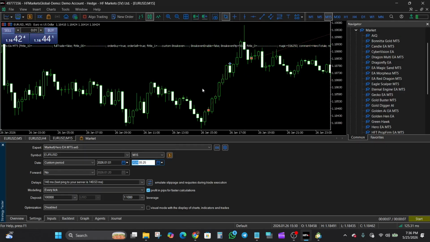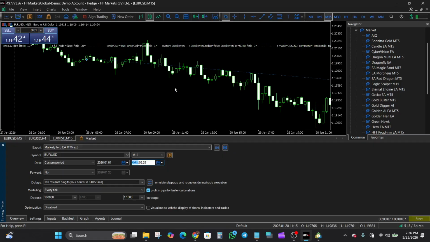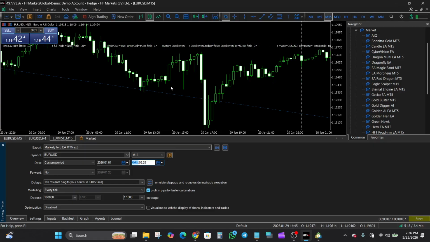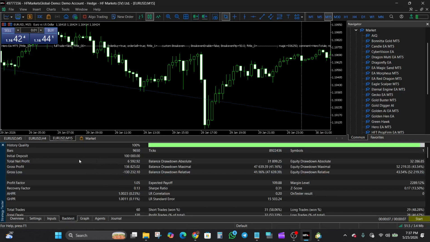Now looking at the overall historical performance, it's important to remember that this is backtested data. Results can vary significantly depending on broker conditions, spread, execution speed, and your chosen risk settings. So it's always a good idea to run longer testing periods yourself before making any real decisions. Okay, from the results here, we can see that from an initial deposit of $100,000, there was a total net profit of